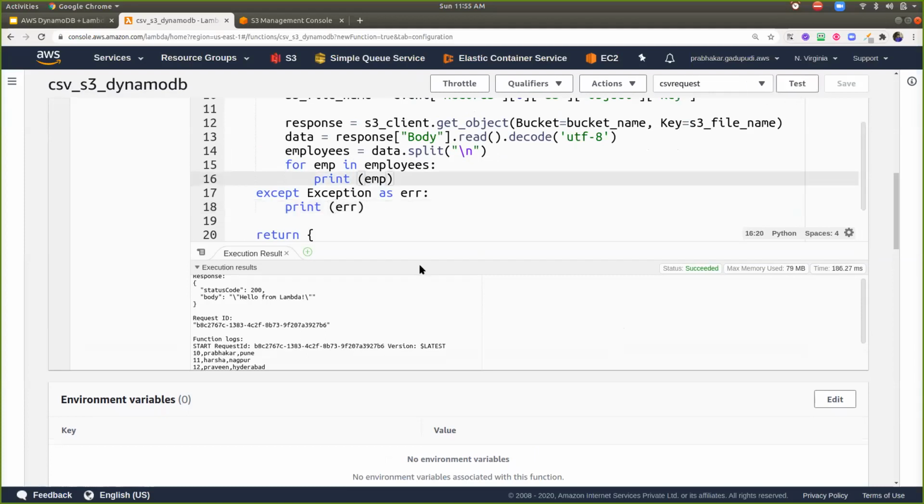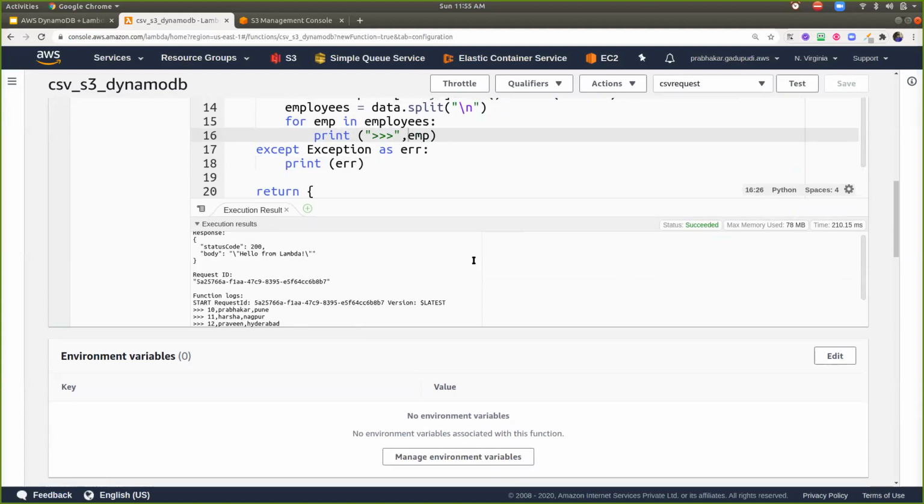Yeah, so data is reading properly. Okay, I can save and then test the changes. Yeah, so data is reading properly.